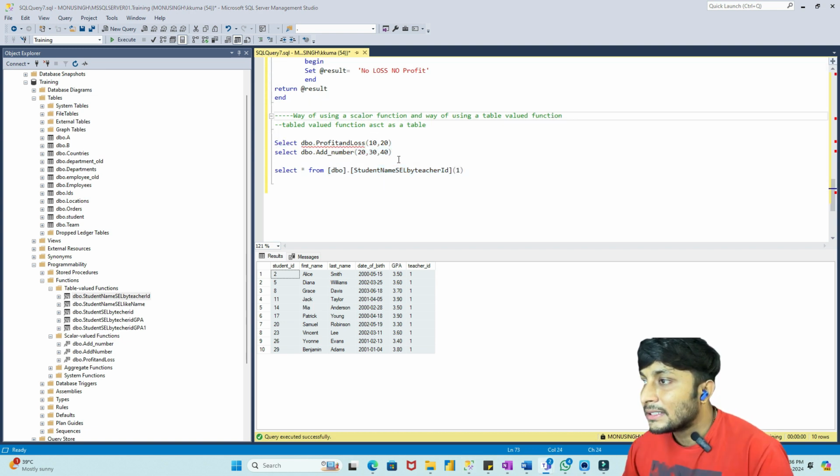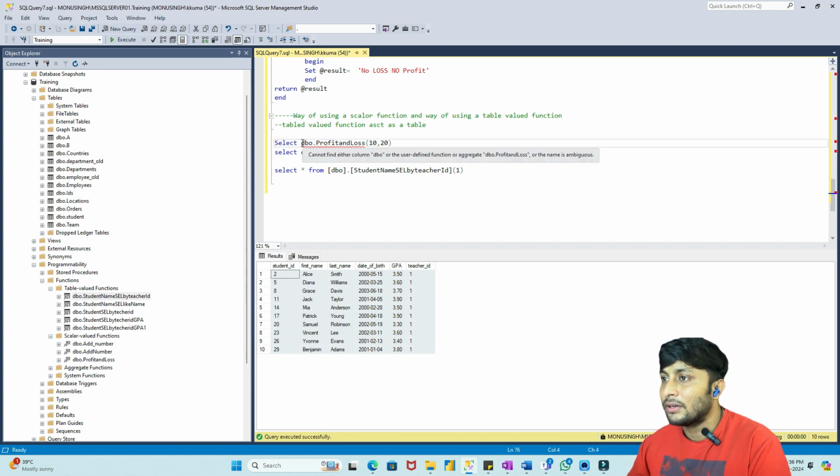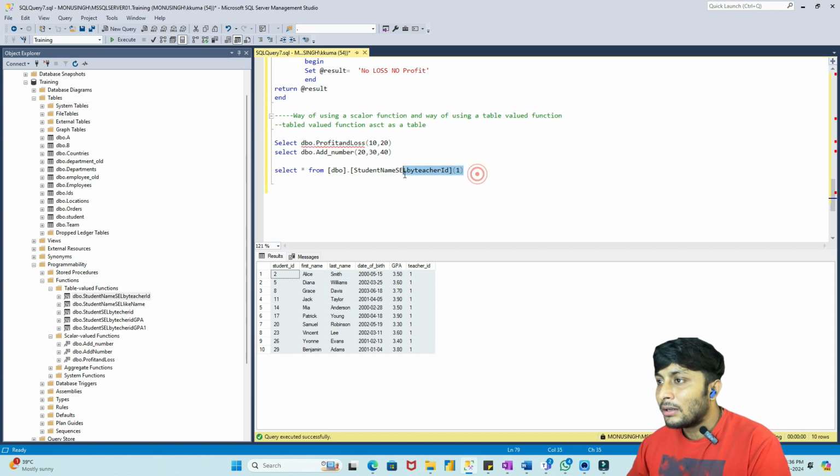Is it clear, guys? See, this is a scalar valued function. So for using this particular scalar valued function, I'm using only select and the scalar valued function. But for a table valued function, I'm writing select star from, and then I'm writing the table valued function. So there is a difference in